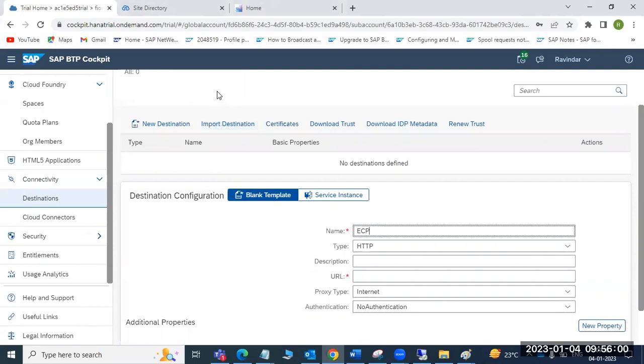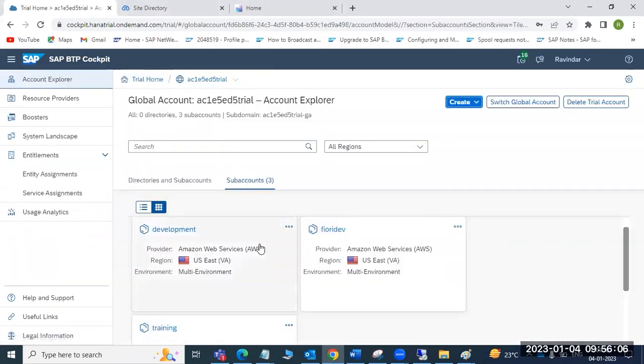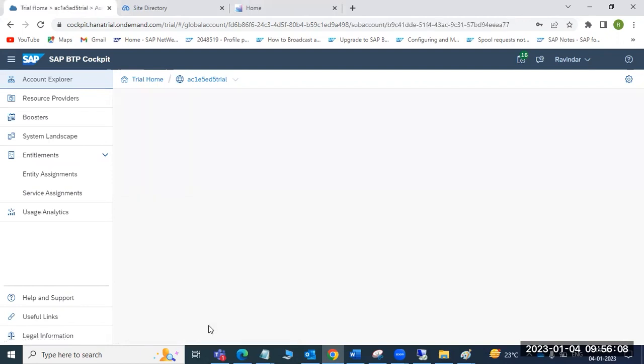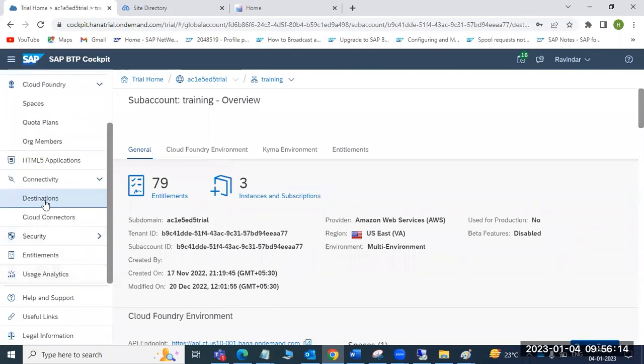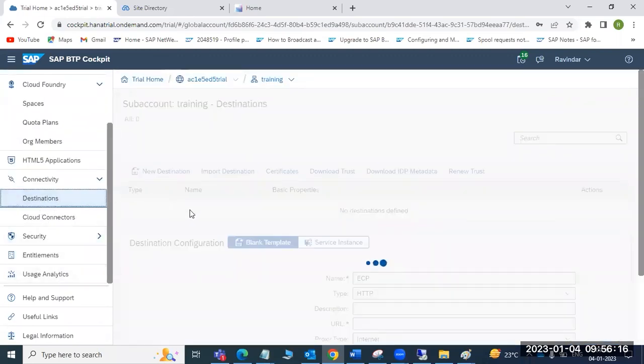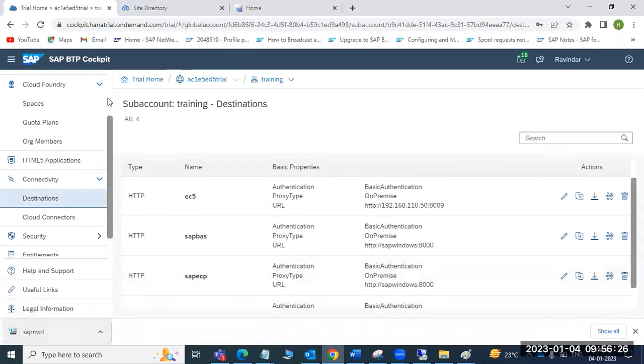Import the destinations means you already have destinations in some other sub account. Suppose I already have my destinations in this other sub account. Go to the destinations, select any one of the destinations, and click on the export option. That will be exported here.